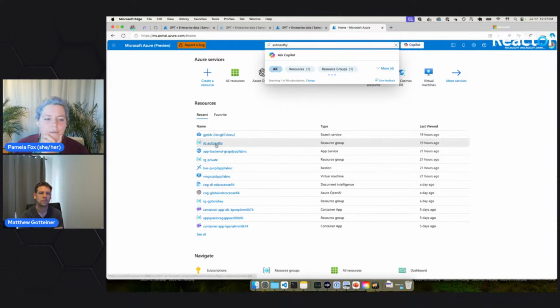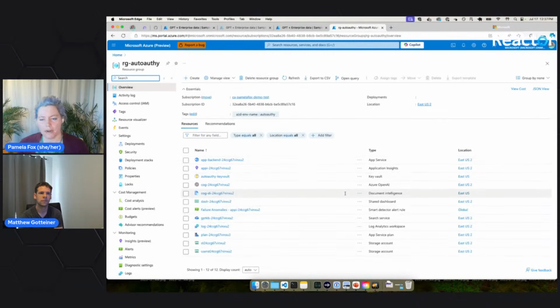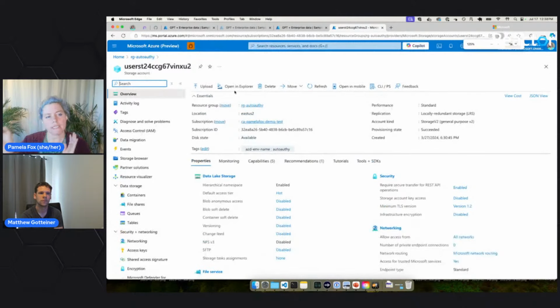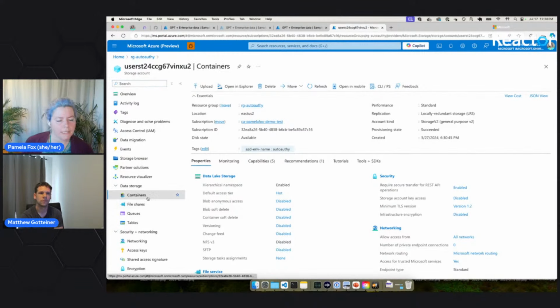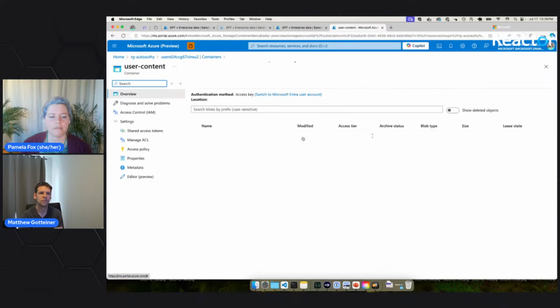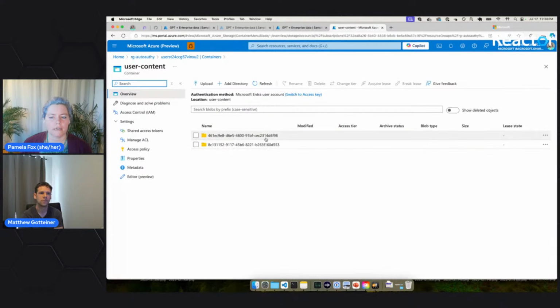So let's find my, here we go, auto authy. Okay, all right, so here I'm looking for my user storage account. I've actually got a separate storage account for user uploaded files than the globally uploaded ones. I thought that made things a little cleaner, but if you're using ADLS Gen2 for everything, you could just use the same storage account. Here is the user content directory, and then if I look under here, we can see two